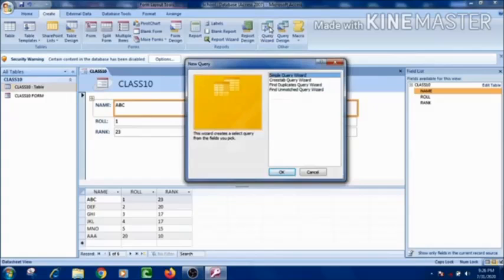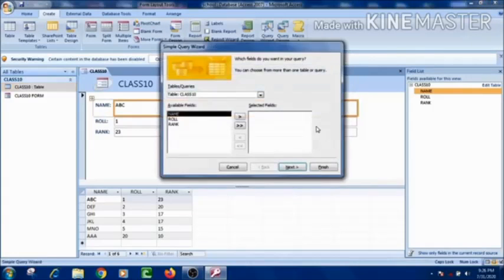On clicking the query wizard, the first dialog box that appears displays 4 options: simple query wizard, cross tab query wizard, find duplicates query wizard, find unmatched query wizard. Then I will select the first one, that is the simple query wizard, then click on OK.